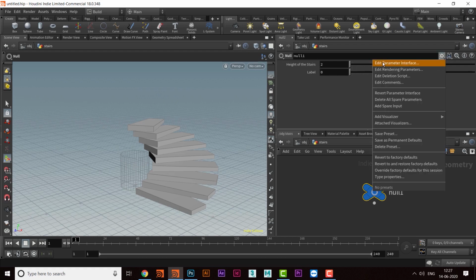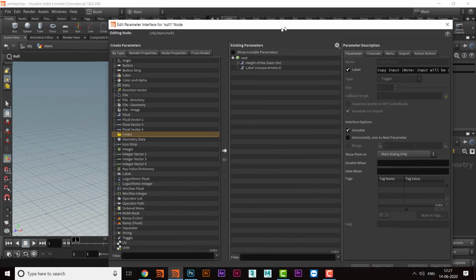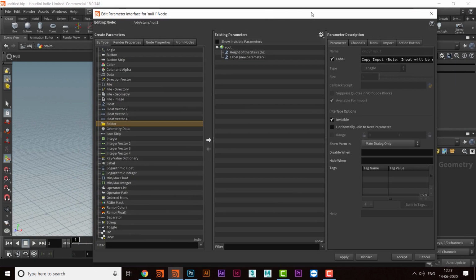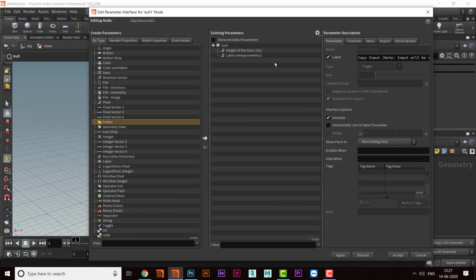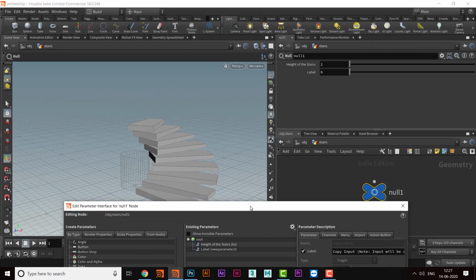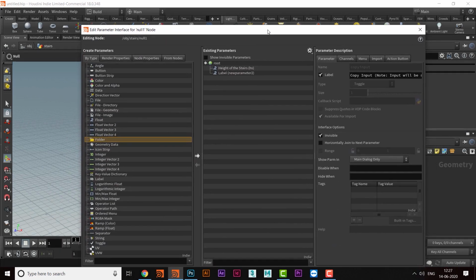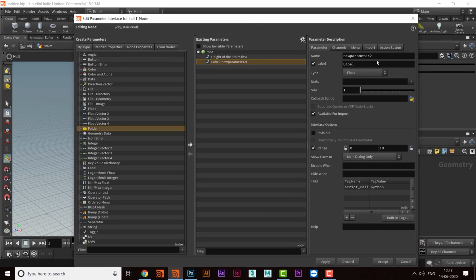So this is the height of the stairs, and the other one is radius of the pool. Only I want to give two parameters, not more than that. This video is not to create the stairs. Actually, this video is only to show you some options in the copy and transform. So I'll go and take the other variable, and here this will be radius of the pool.